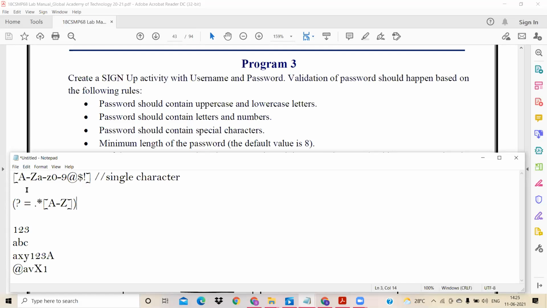Now in this password, anything matching this, I'm prefixing this and checking.